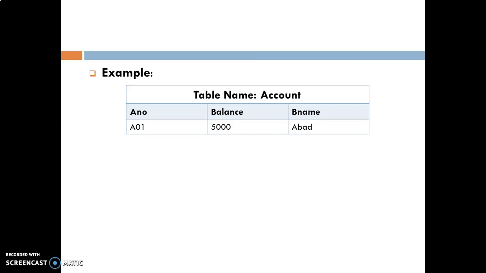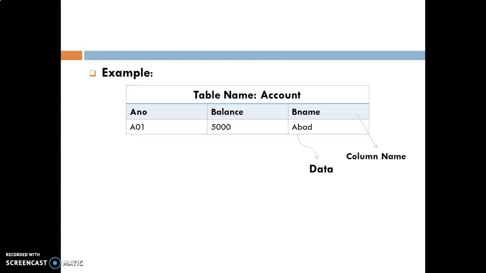In the last column, B name, which stands for branch name, we are storing string data like Ahmedabad, Gandhinagar, Karamsad, VVN, etc. So in this table, A01, 5000 and Ahmedabad are my data. Account number, balance and B name are my columns. And my table name is account.